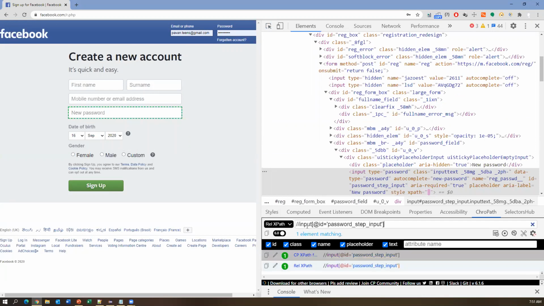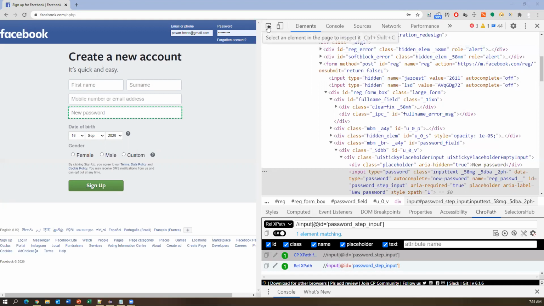So we are starting from the password field, and by using this password field I want to locate the mobile number. Sorry guys, I need to identify the password by using the mobile number.